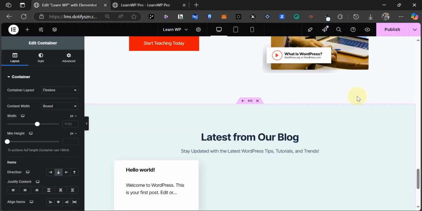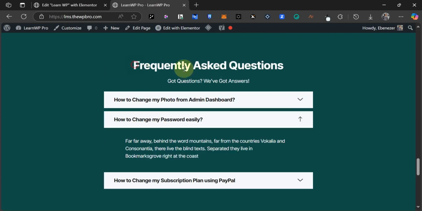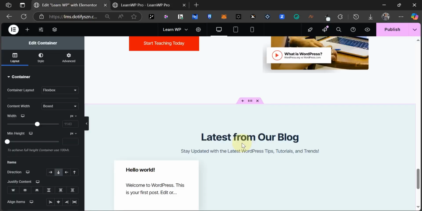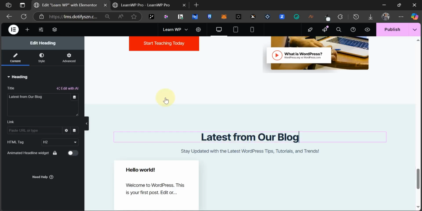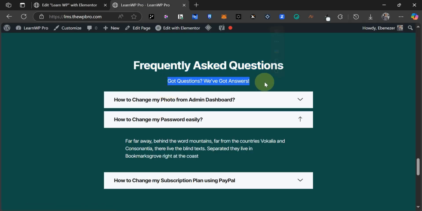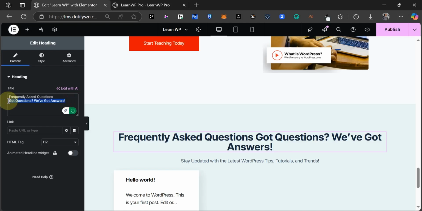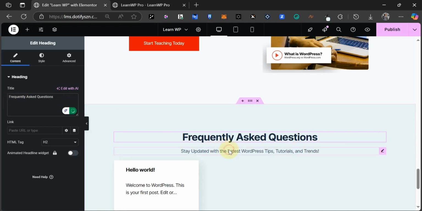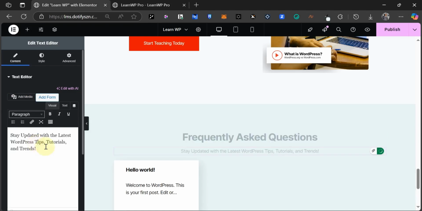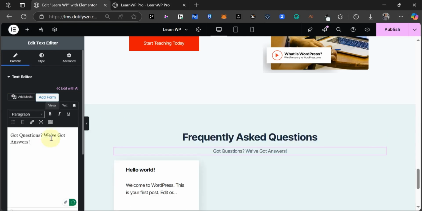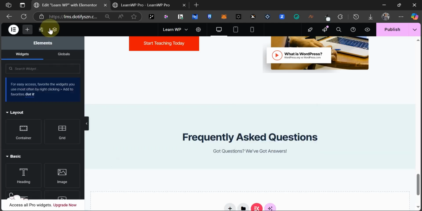Now let's come back here to copy this text, frequently asked questions, and I'm going to paste it here. And we're going to copy these also. And I'm going to copy this and I'll replace it with this. All right. So the next thing we need to do is to just delete this one, and let's search for